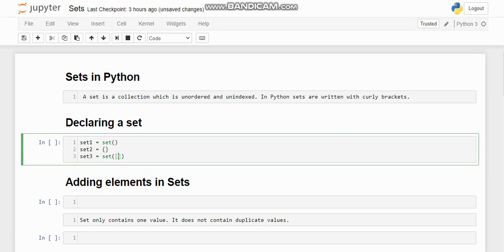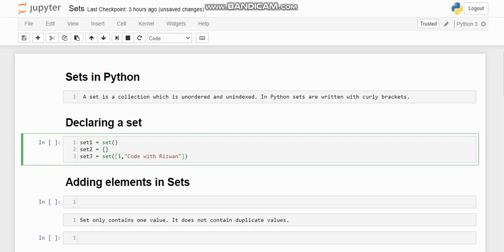inside the list. The first value I'm putting is an integer. You can put any values inside the set, just like a list.